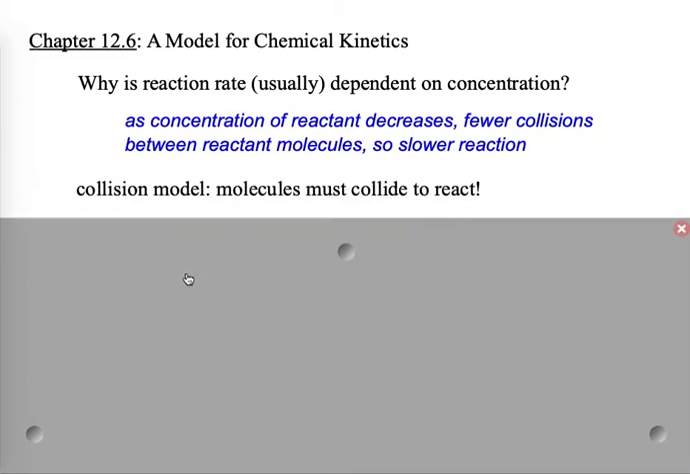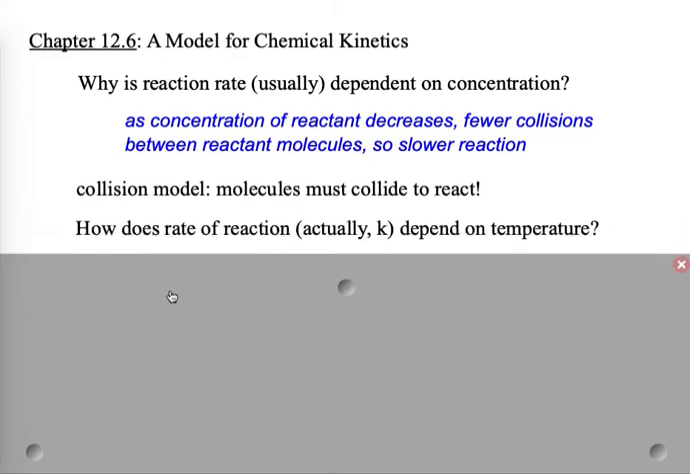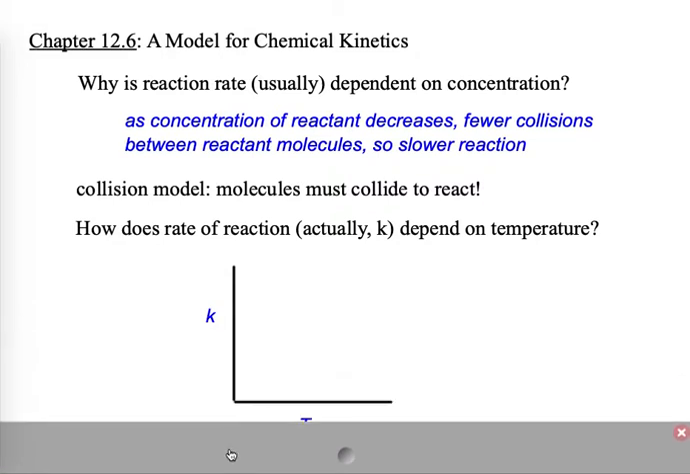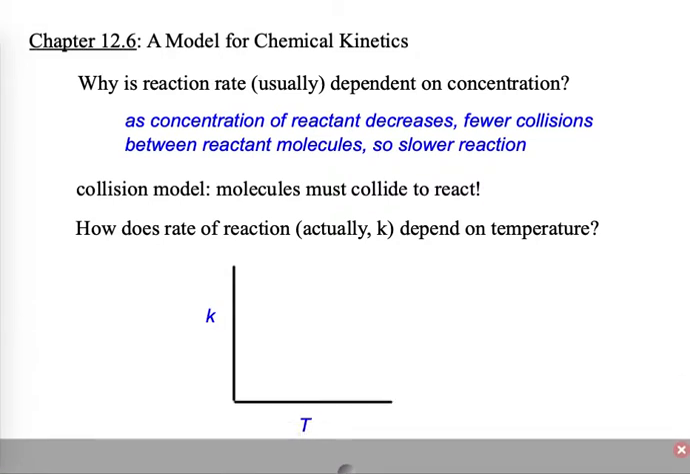It's a very simple concept, and that is, in order for molecules to react, they must collide with one another, either in the gas phase or the solution phase. So, how does the rate of reaction, actually the rate constant, depend upon temperature? Well, if you were to carry out an experiment in which you measure the rate constant for a reaction, k, at a series of temperatures, and graph them, you would see, interestingly, that the rate constant actually increases exponentially with